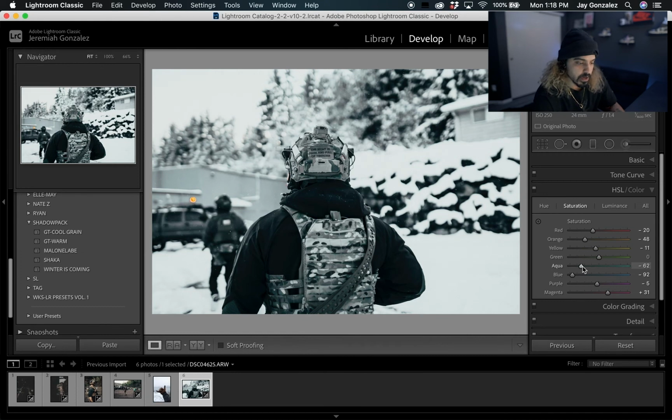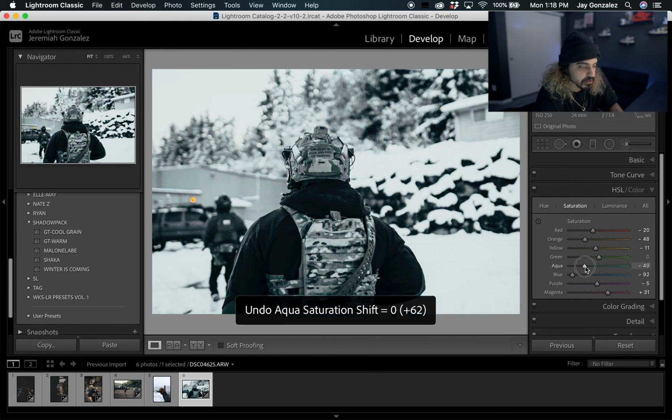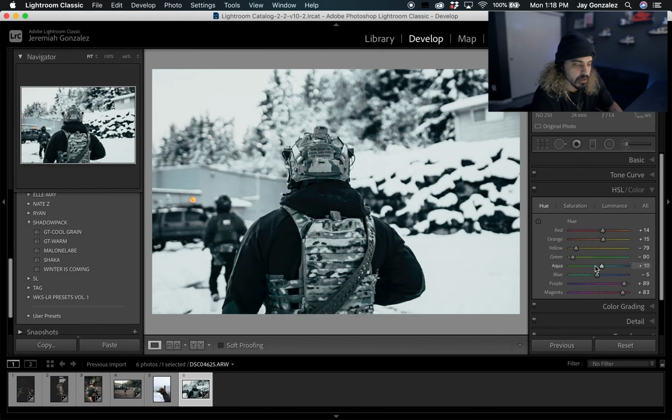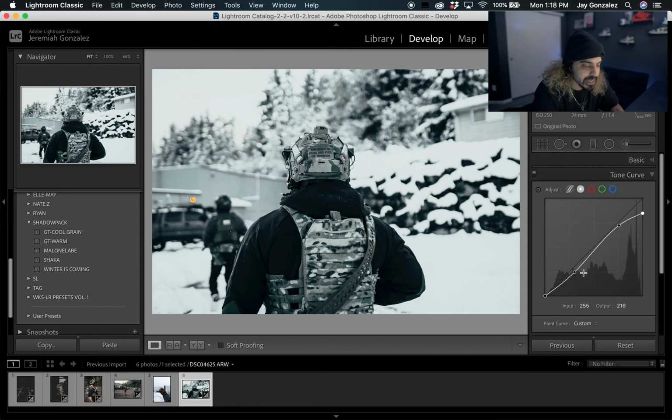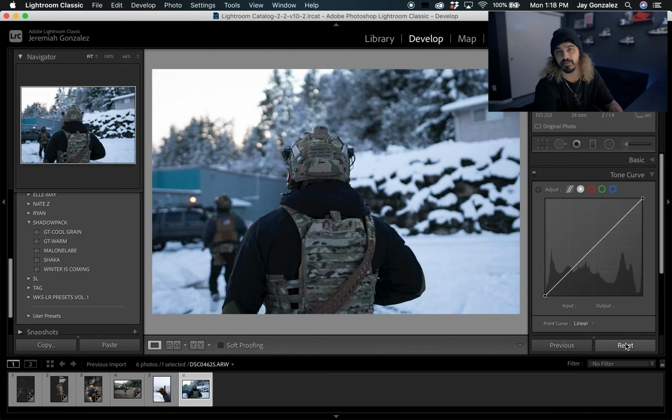So drop that aqua down, and now the greens aren't really registering in the camo, so maybe, you know, this photo just doesn't work for that. Or maybe you saturate those aquas more, but they're a little too aqua, so you make them a little more green, and that makes the camo kind of separate from everything else, and you just go from there. But basically, just keep taking from or adding to these photos. Don't just put a preset on and leave it. That's the best thing I could tell you, and that's the number one thing I keep repeating in this video,